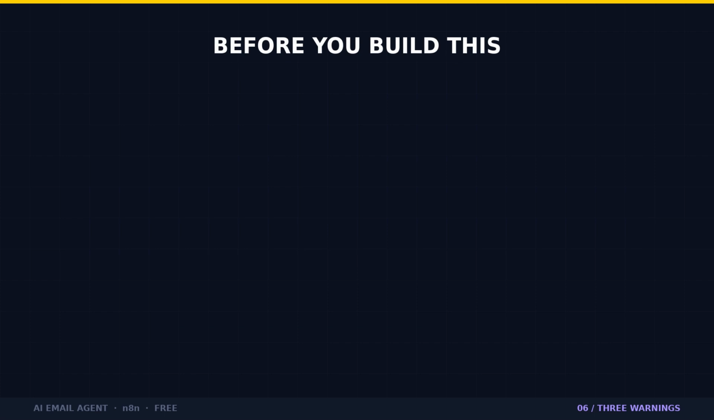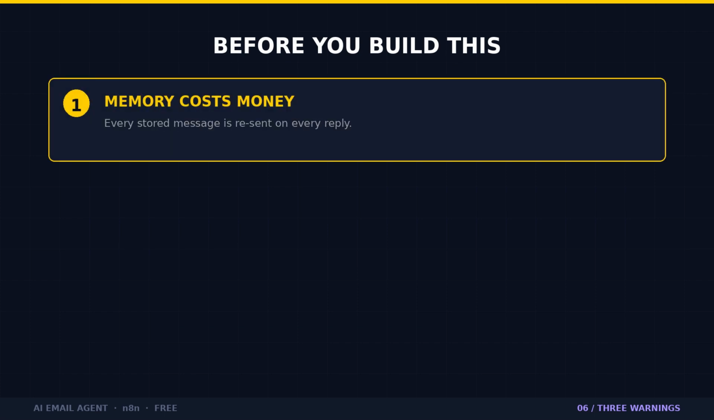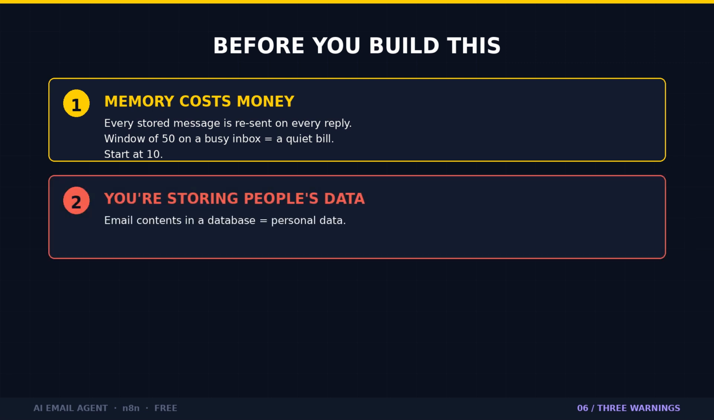3 honest warnings before you build this. First, memory costs money. Every stored message gets resent to the model on every single reply. A context window of 50 on a busy inbox will quietly multiply your API bill. Start at 10. Second, and please take this one seriously, you are now storing the contents of people's emails in